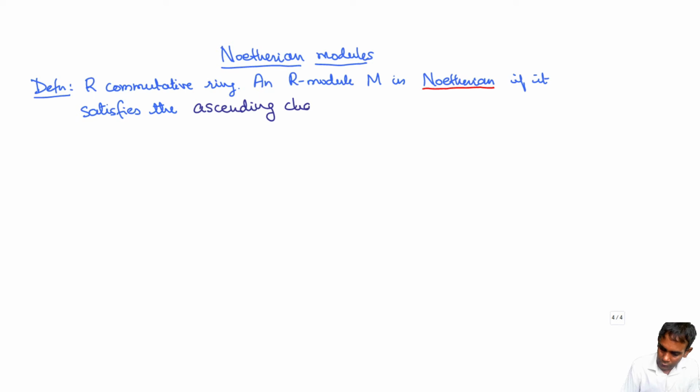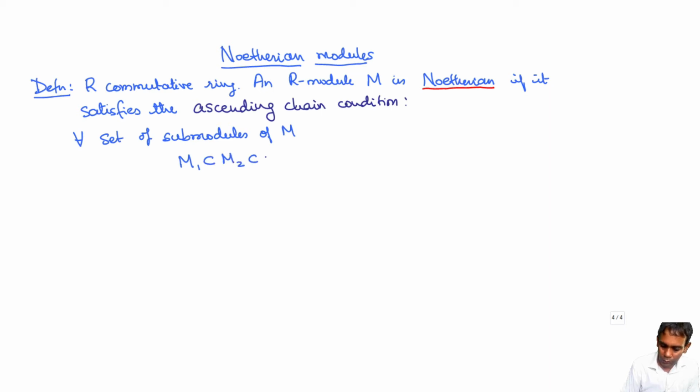What is this condition? For every increasing sequence of submodules of M, say it starts with M1, which is contained in a submodule M2, which is contained in a submodule M3, and this goes on indefinitely,